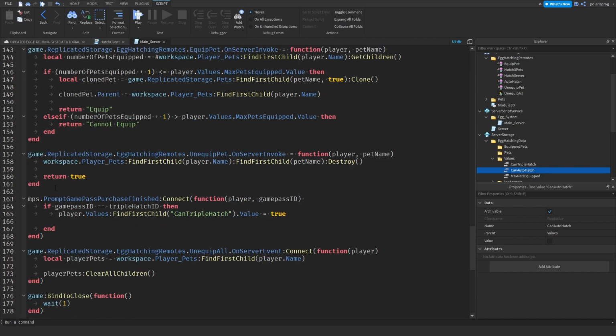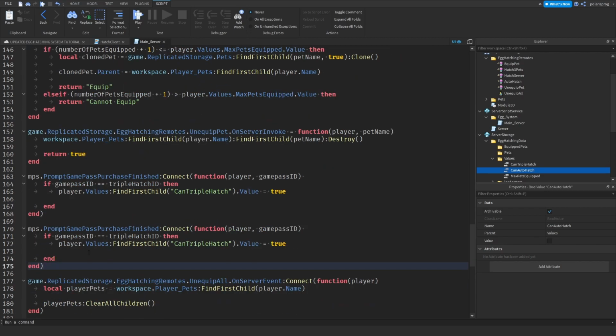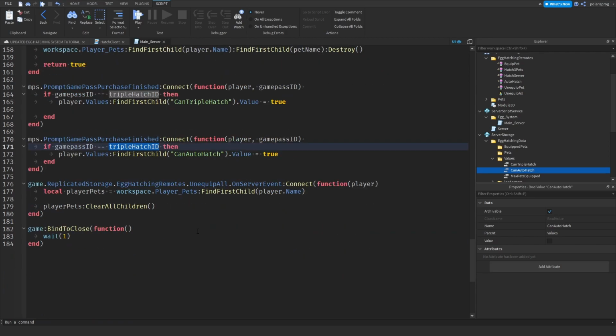So okay, so copy this here, copy this event, paste it here, and we'll change this to can auto hatch. So can auto hatch, and then we'll just change this to auto hatch ID, but we don't have a reference